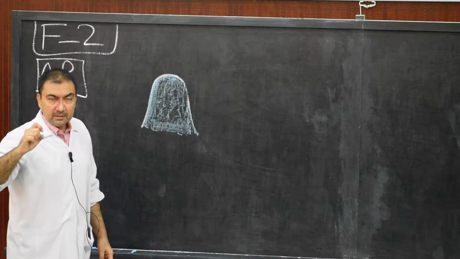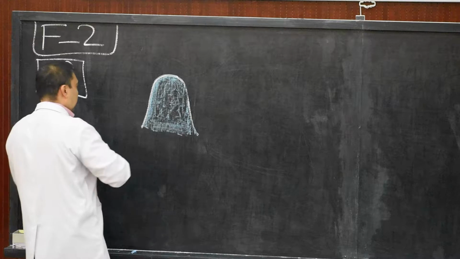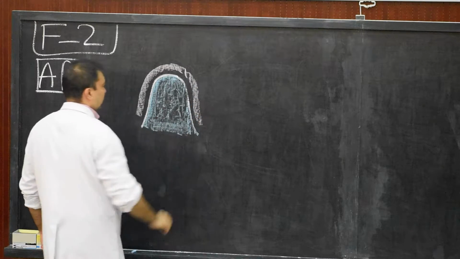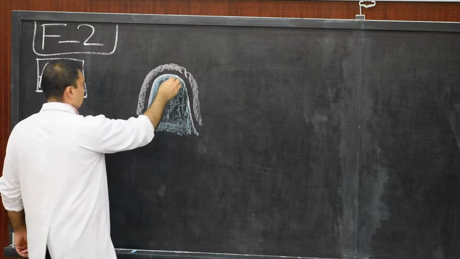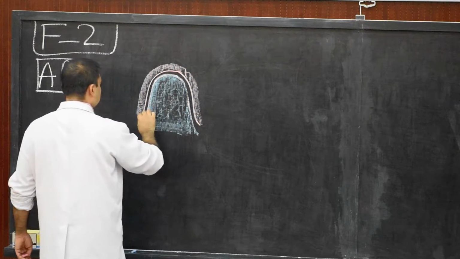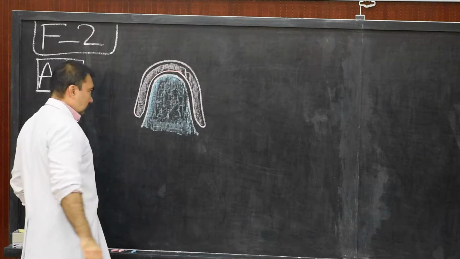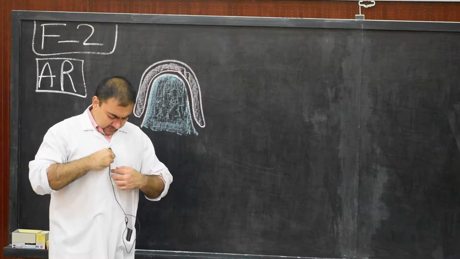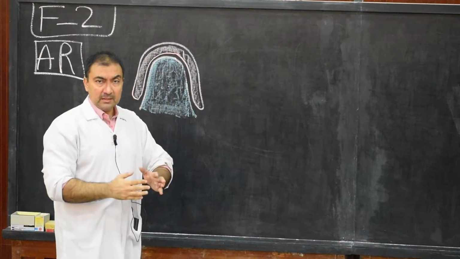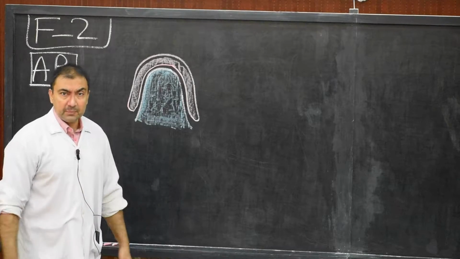It will be covered by the bilaminar acrosomic cap. So there will be this acrosomic cap, formed by, we know, the Golgi apparatus. Here I will draw the lower membrane, the deep membrane, and then this will be the upper membrane. This is very important. And the outermost structure, always understand that the entire spermatozoon, including the head, neck, body, and tail, is covered by the plasma membrane of the spermatozoon.